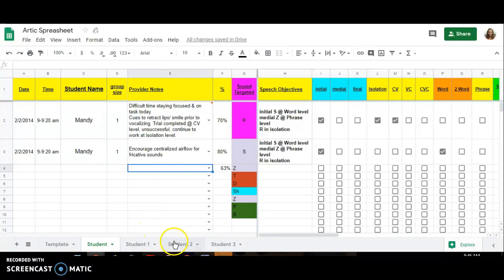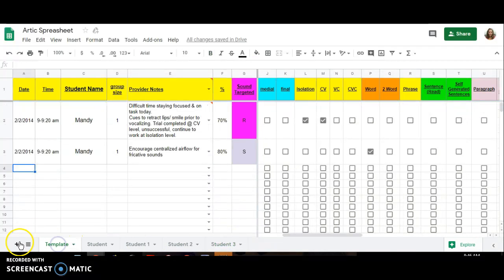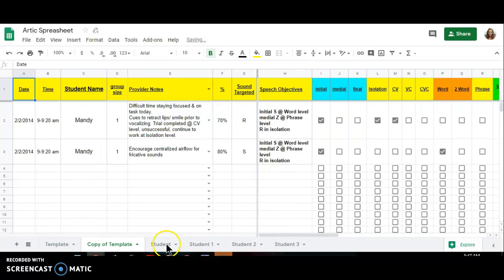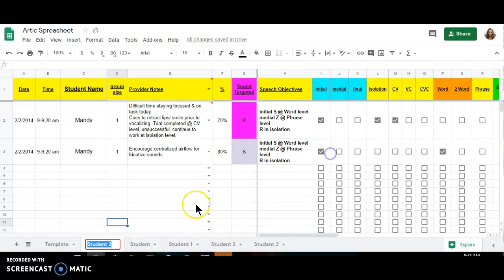And as you can see on the bottom here, we have all the students listed. Like I said, I would have a different spreadsheet for each of my students. And then click over here where it says all sheets. You'll be able to toggle in between students. So the first sheet, of course, is our template. And if you wanted to add additional students, you would click the little upside down triangle. You would select duplicate, and it would create another tab. And then you click the triangle again, rename,